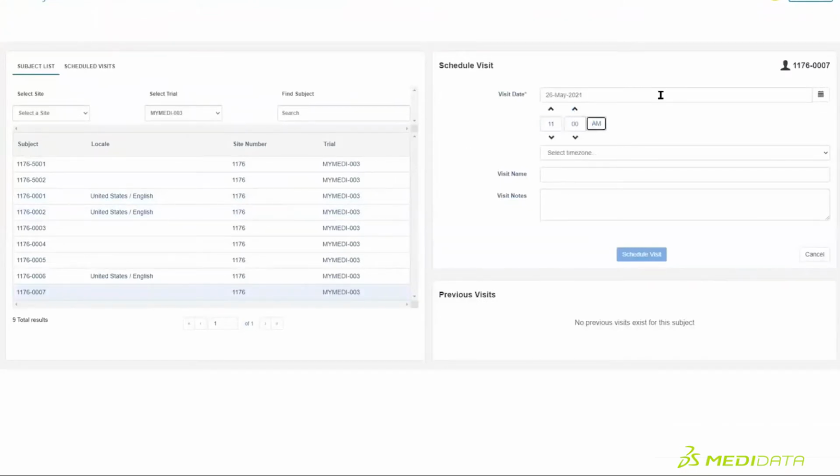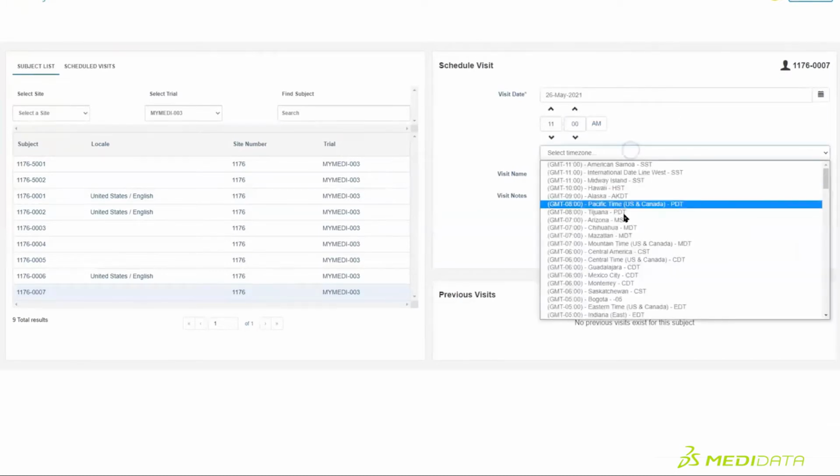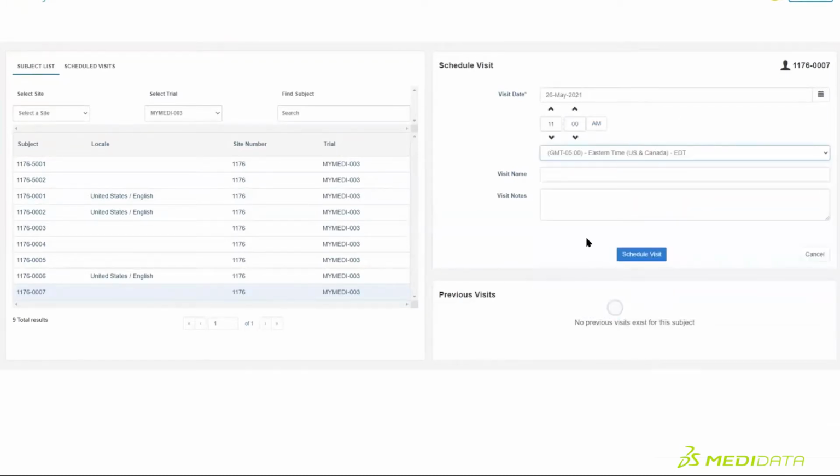So here you're seeing them schedule the date and time. Again, all this scheduling is taking place within the context of the Rave interface that the site is using generally for the study. So they've logged into Rave, they've descended to this patient on their study in Rave, and they're setting up a video visit engagement time for the patient.